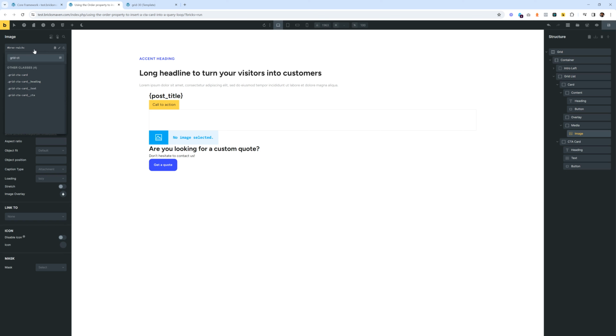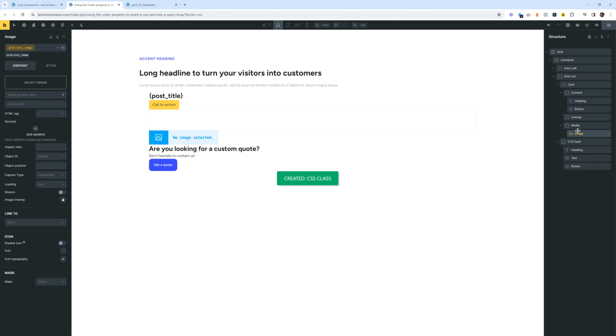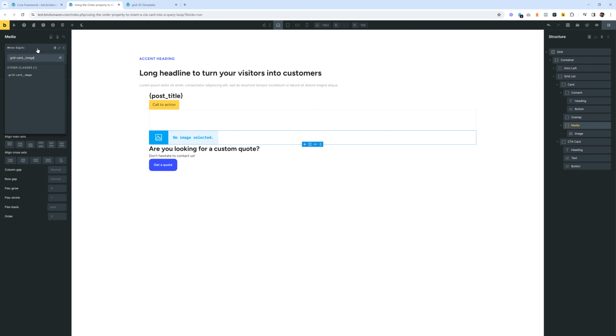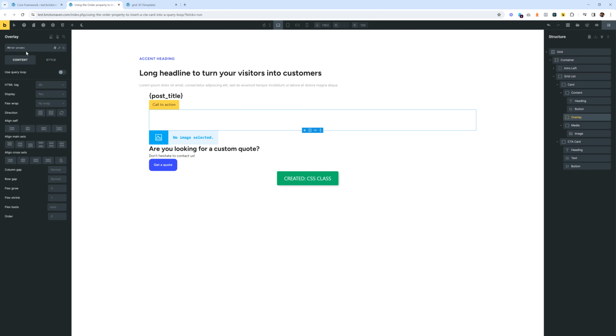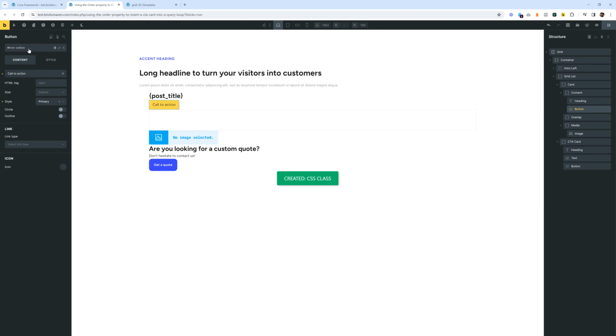This will be card, grid card, image. Copy that, grid card image. This should be grid card media. Okay, we're flying, we're going pretty quick. Grid card overlay, grid card